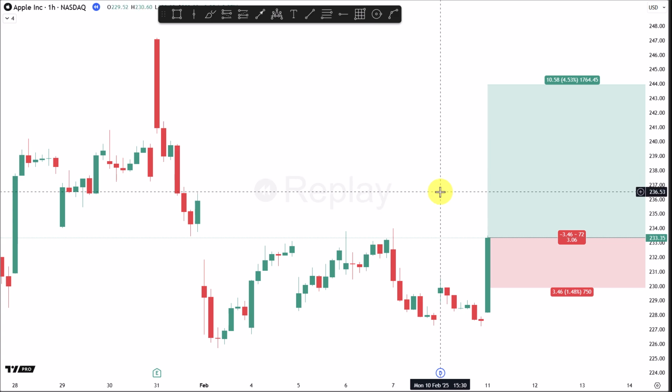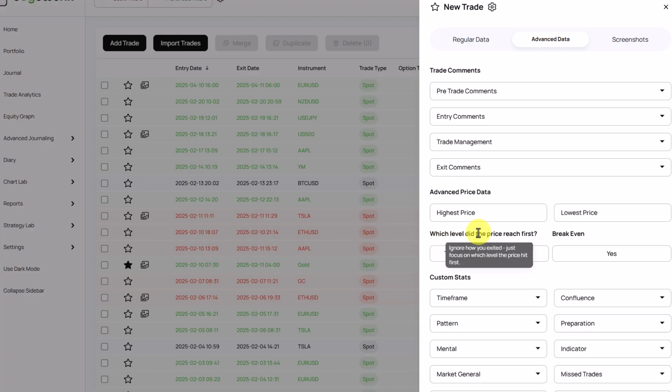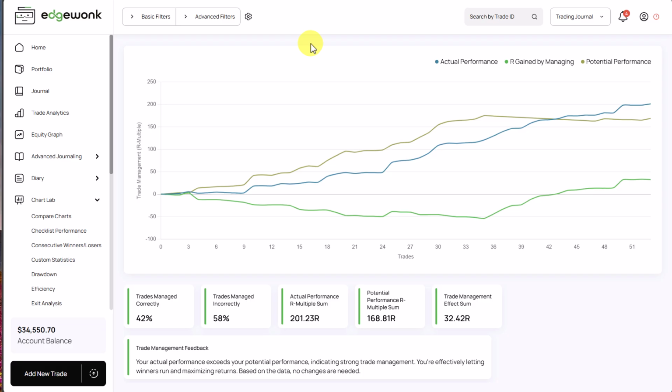So we're going through a few different trade examples here, and we're going to take a look at this field in Edgewonk. Which level did the price reach first? And you have two options, either select the take profit or the stop loss. Sometimes this can be confusing for newer Edgewonk users, but it's actually quite simple. And you really want to make sure that you have this data filled in and it's also filled in accurately,